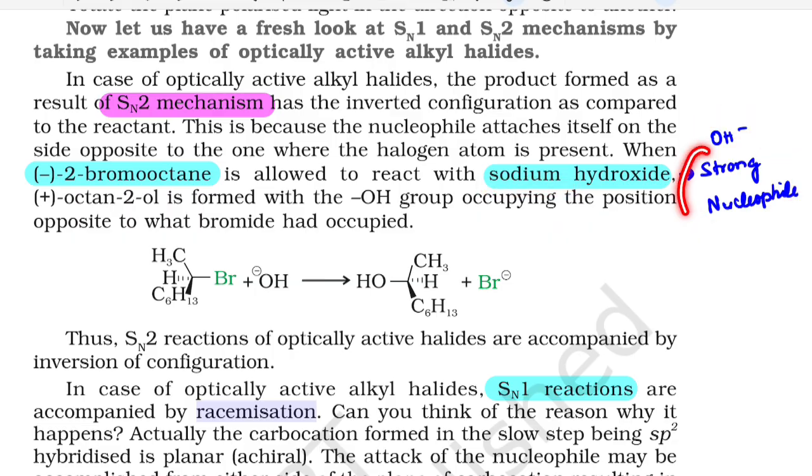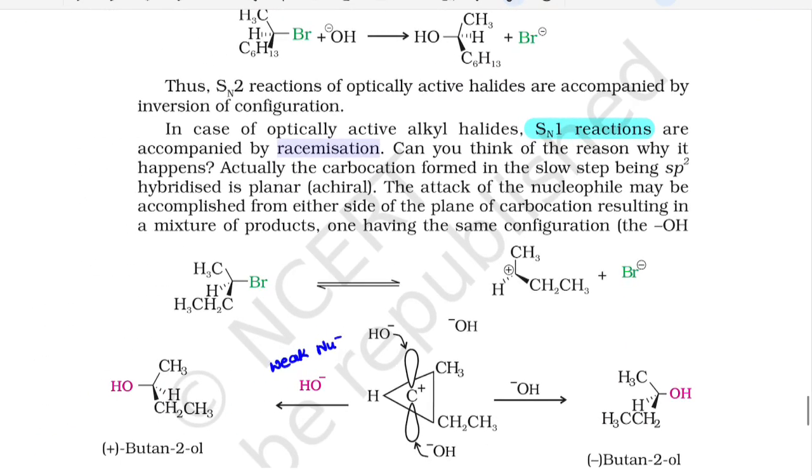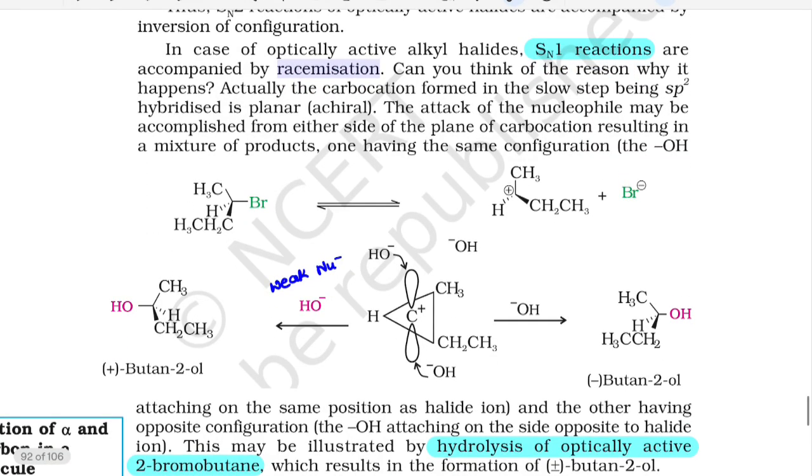Always remember, a strong nucleophile will show SN2 mechanism. So OH minus will attack this carbon from behind. Therefore you can see the configuration is going to change. Inversion of configuration will take place in SN2 mechanism. Whereas in SN1 mechanism, it is racemization. Why is it racemization? Because